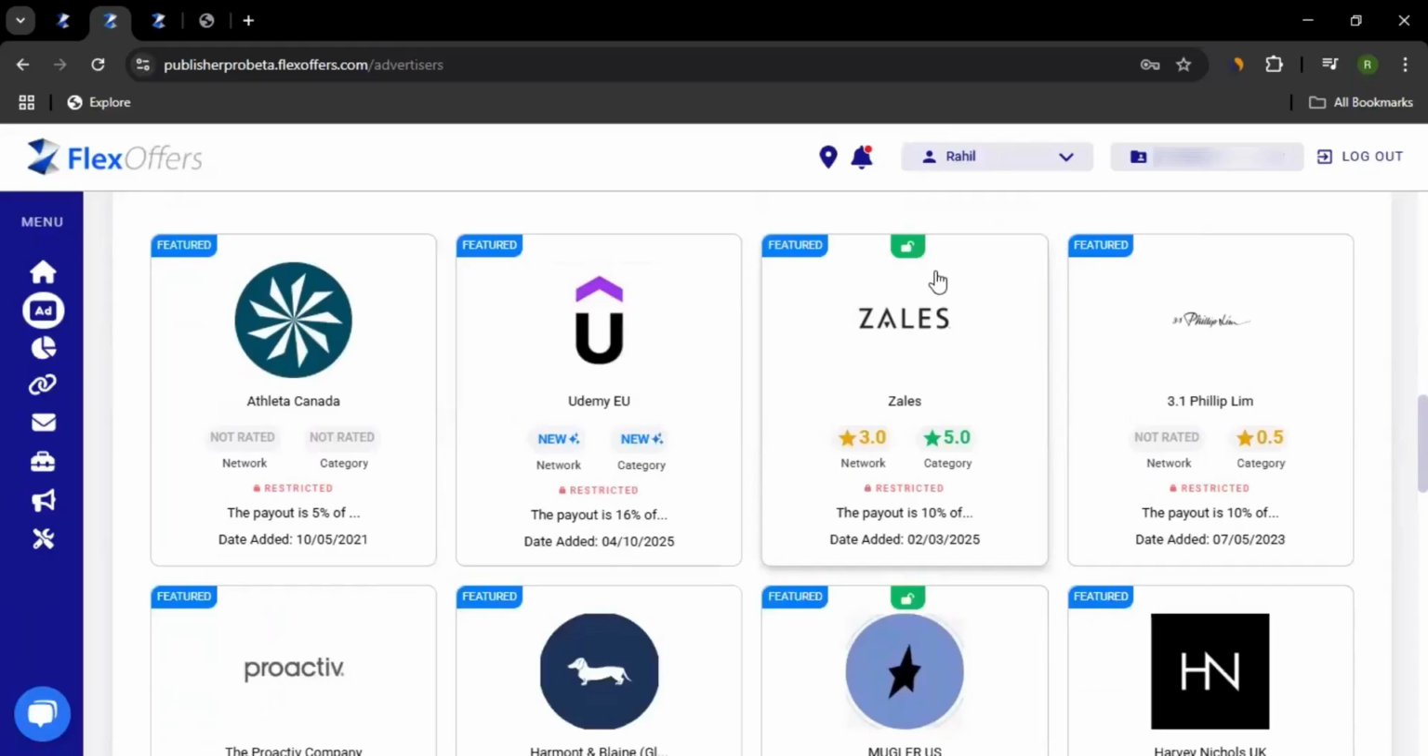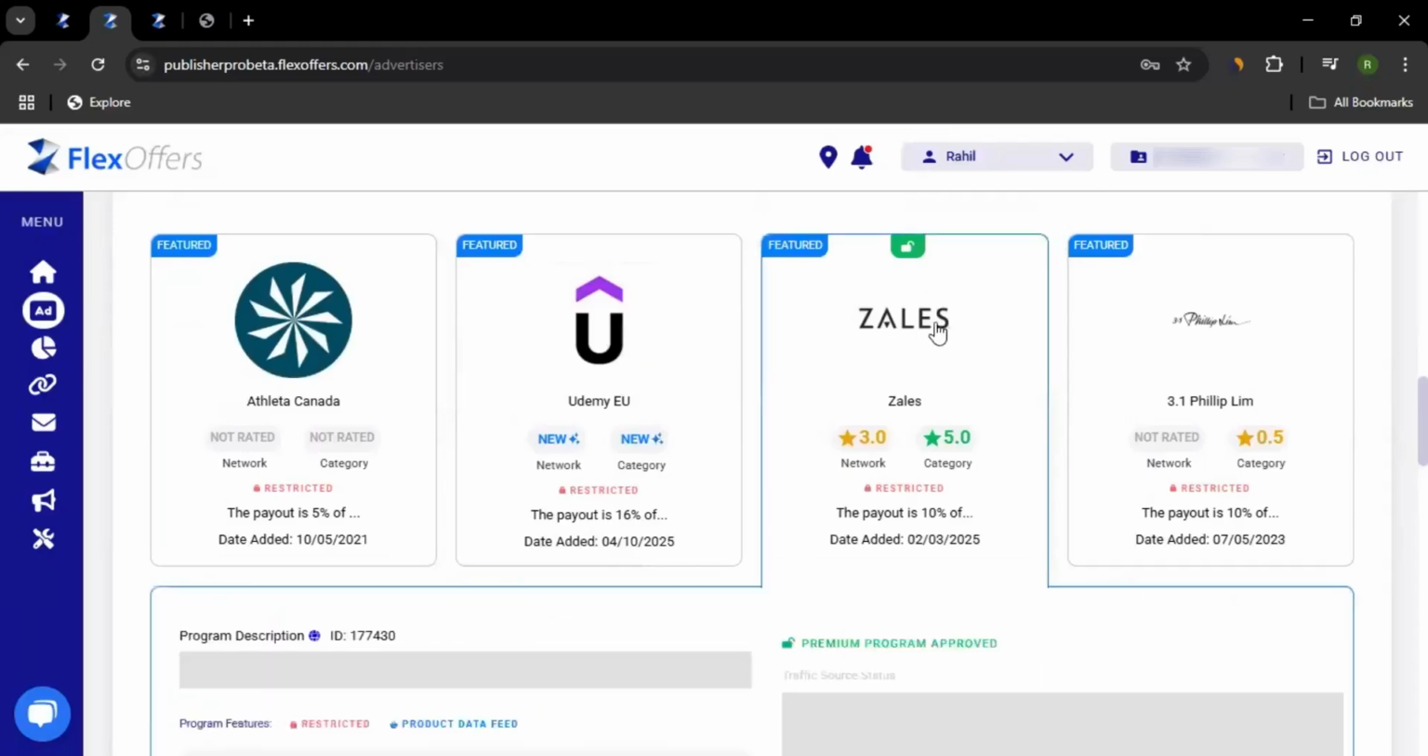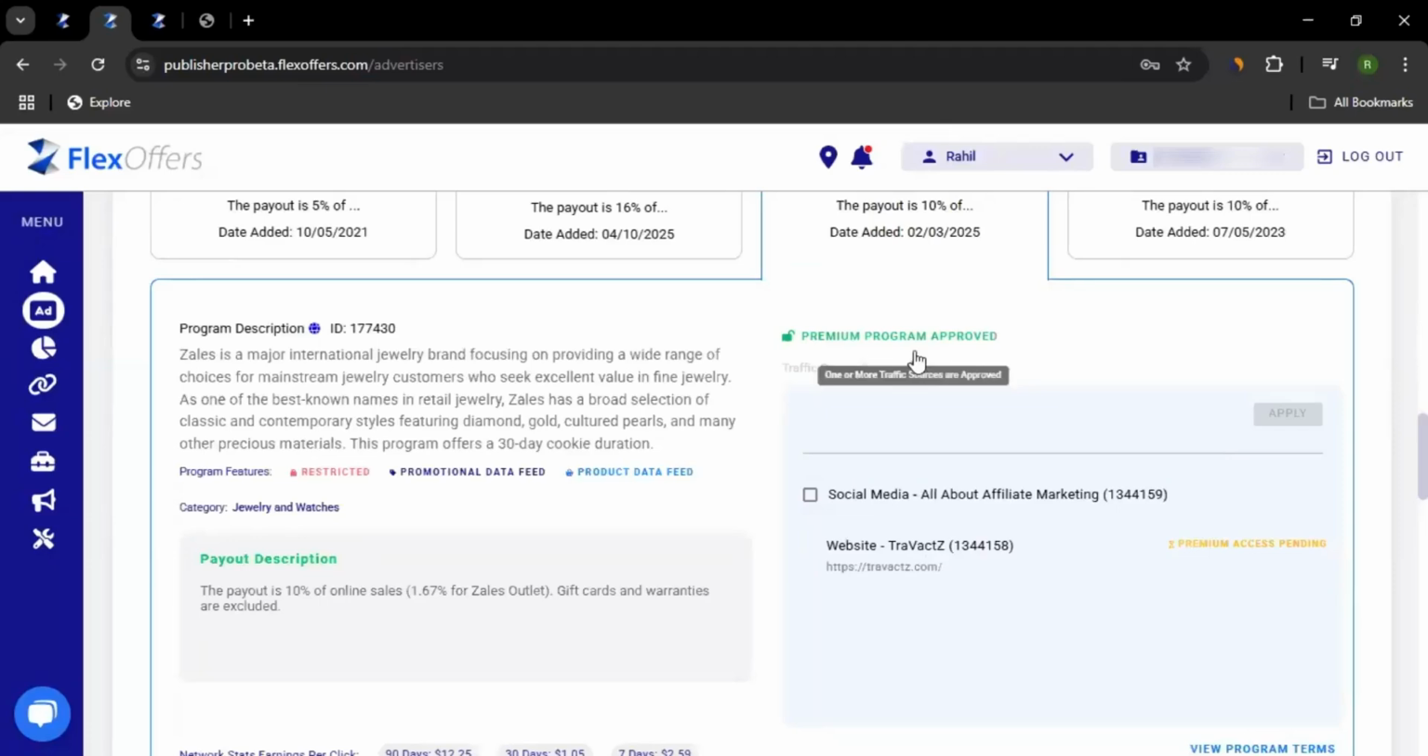So for me it's already unlocked. So let me show it to you. If I click here, you will see this. It's a premium program. Now in FlexOffers network, there are some programs which are premium program, and think of it